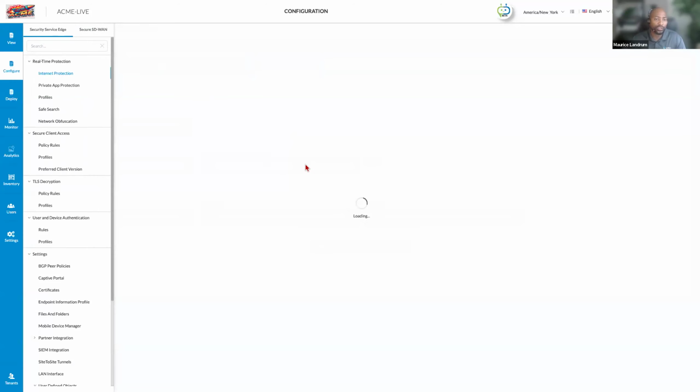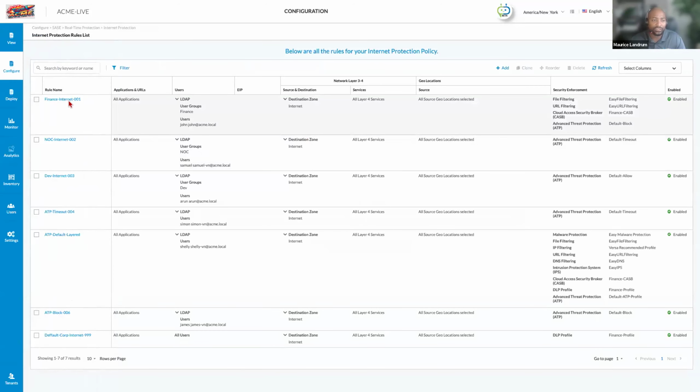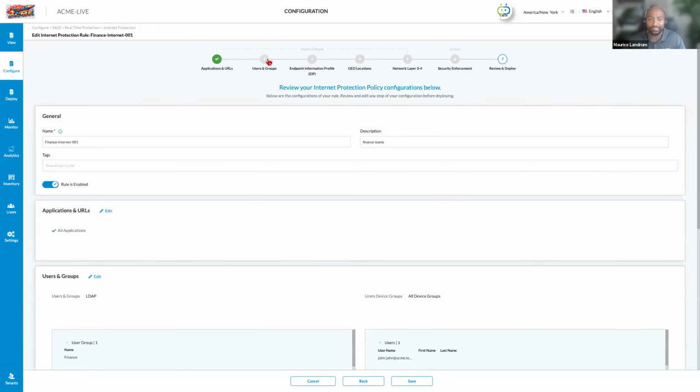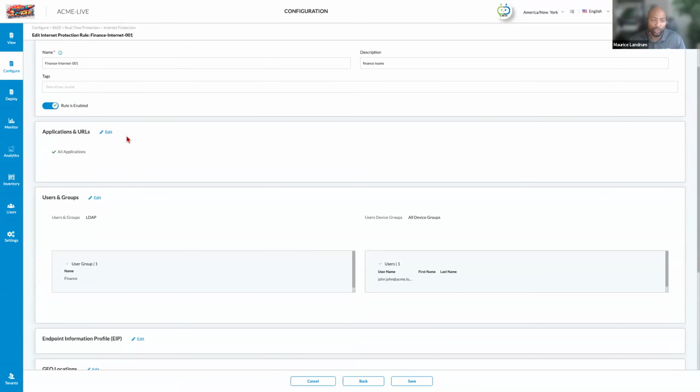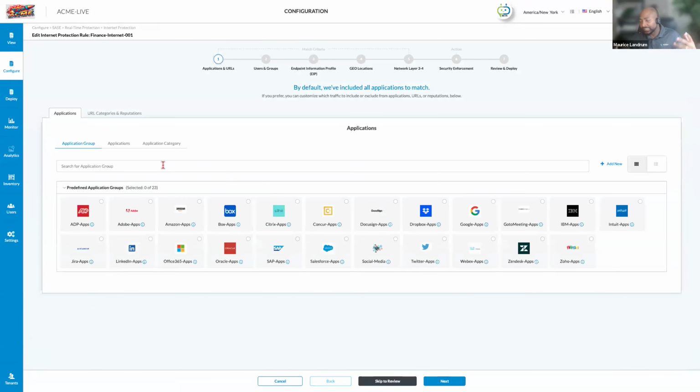Right. Under the internet protection policies, we're very, very granular. You can also create a rule. So let's say you had some admins, and you know that those admins are accessing that particular application.